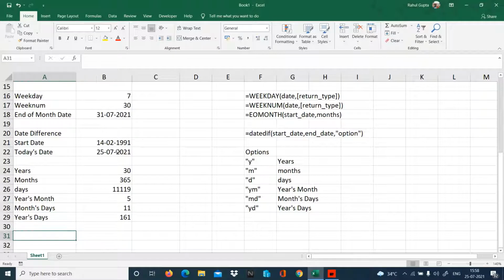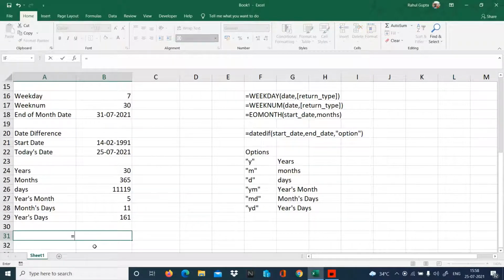Now if I need to combine the age and write it over here, I can write it like is equal to 30. Ampersand is used for concatenation, so I'll use ampersand within double quotes with a space.